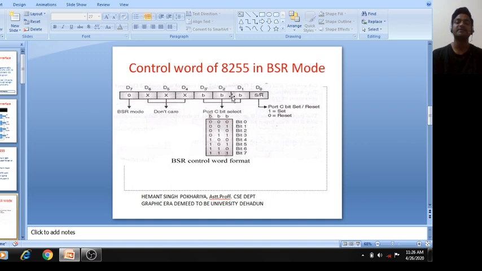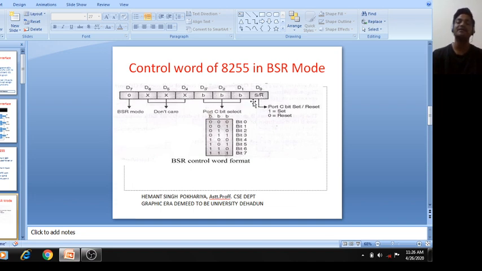The next three bits, D3, D2 and D1, are specifically used for the bit number of port C. Suppose you want to set or reset bit 5, then the value will be 101. Suppose you want to reset or set bit 7, the value will be 111.